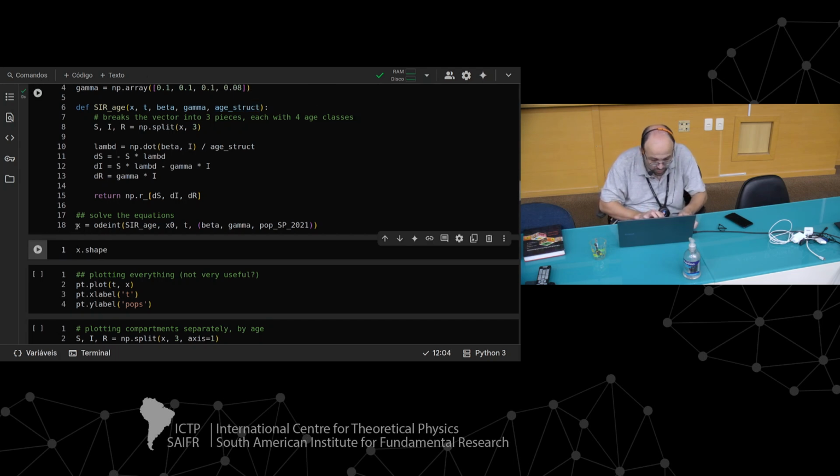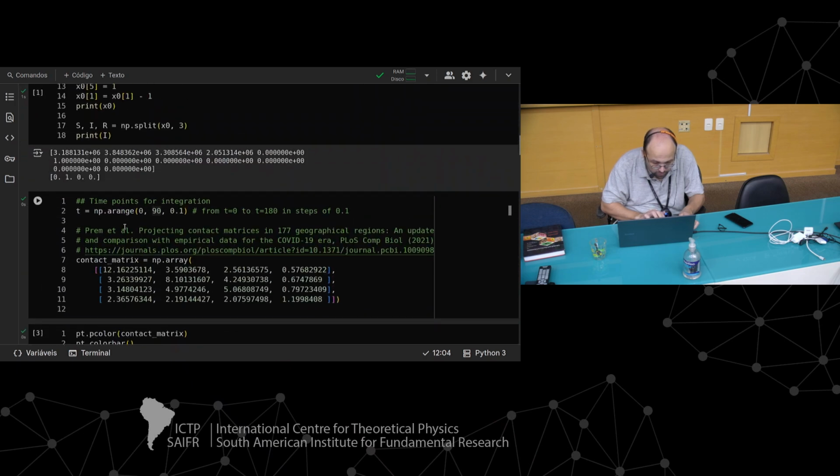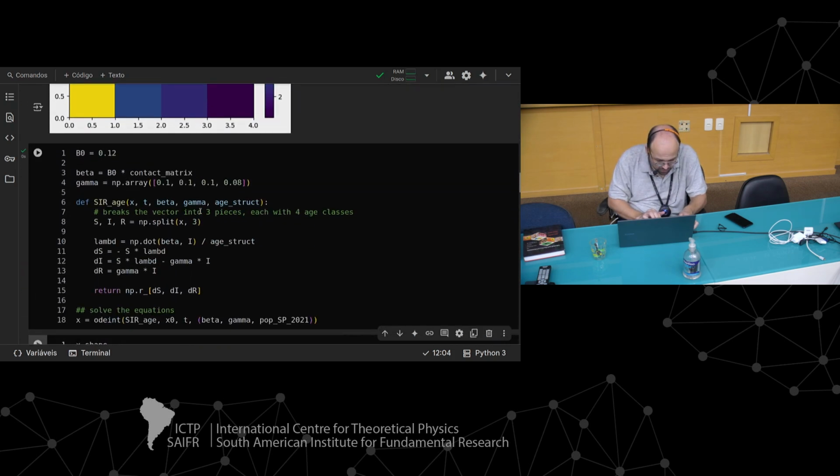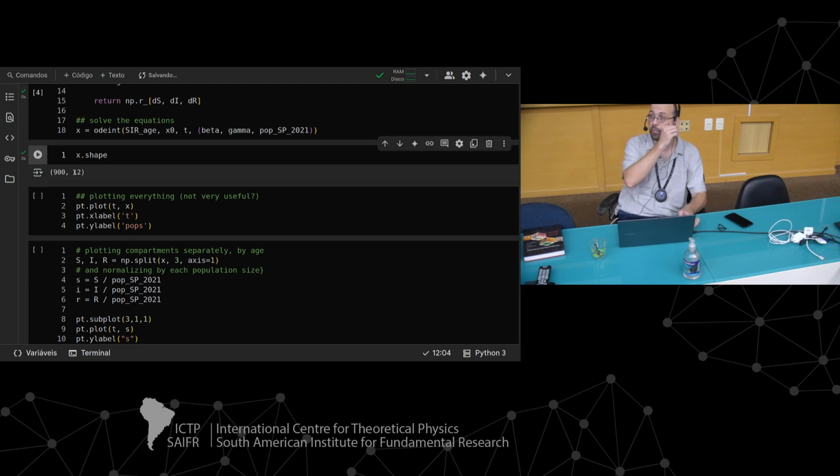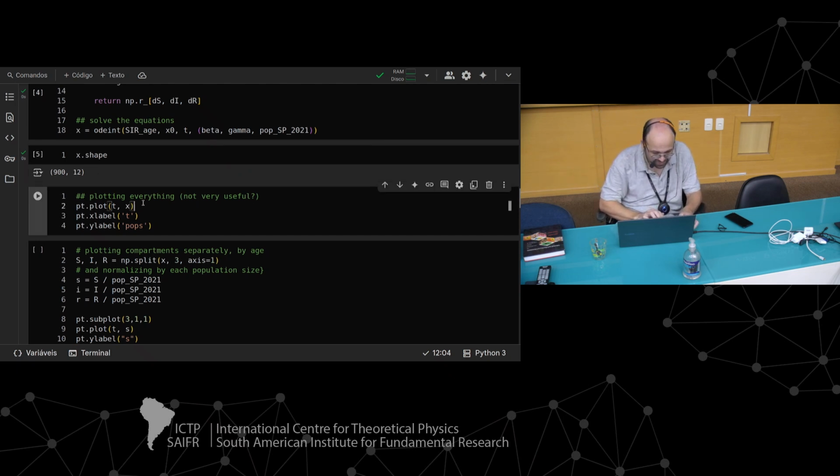And now the solution. You see the times here were from 0 to 90 in steps of 0.1. This is 900 steps in time, okay? So what is the shape of the solution? This is 900 by 12. So I have 12 columns, because I have 4 susceptibles, 4 infectious, 4 overs. Okay? And if I try to plot as before,